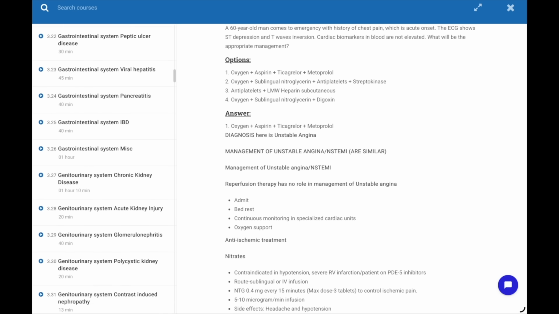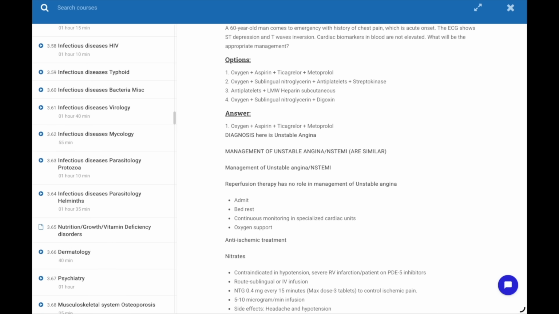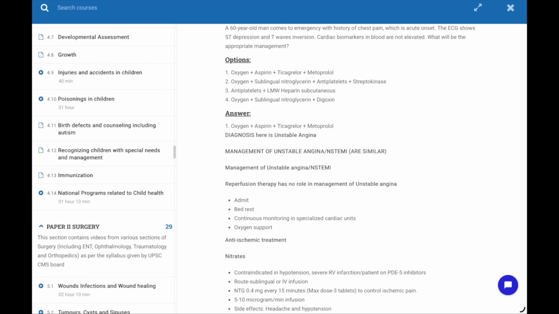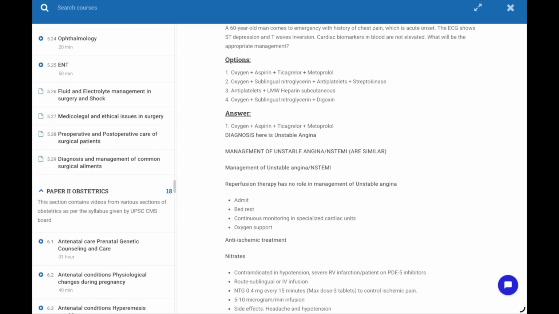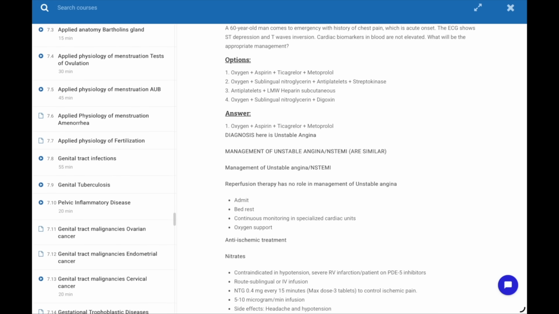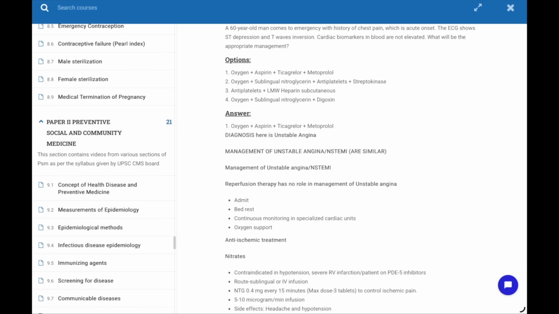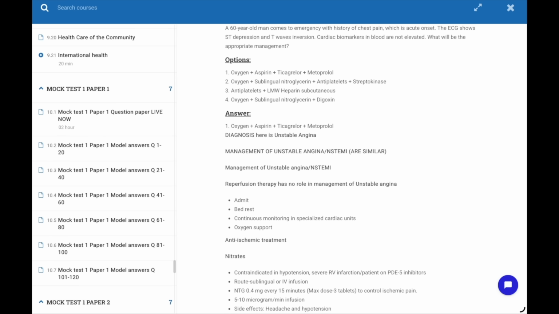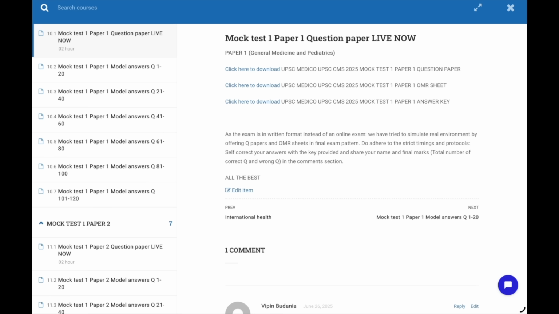So likewise, when you focus on this column, these are all the lessons that we have, these are all the videos of different subjects, these are all the topics of different subjects, and at the end we are also giving you the mock test. Okay, mock test paper 1, question paper 1. Here this exam is not an online mock test, we are simulating the exact final exam, wherein